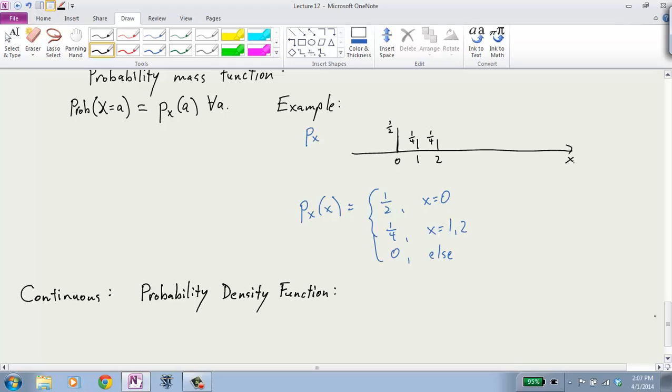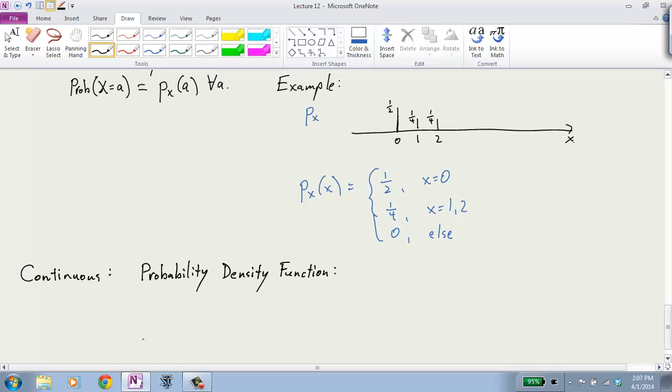Most people use a different letter. I prefer to call them both p, and just know implicitly if I'm talking about a density or a mass function, but I'll use f since that's more standard. So you have some f sub x of a, a probability density function. And here what we know is that